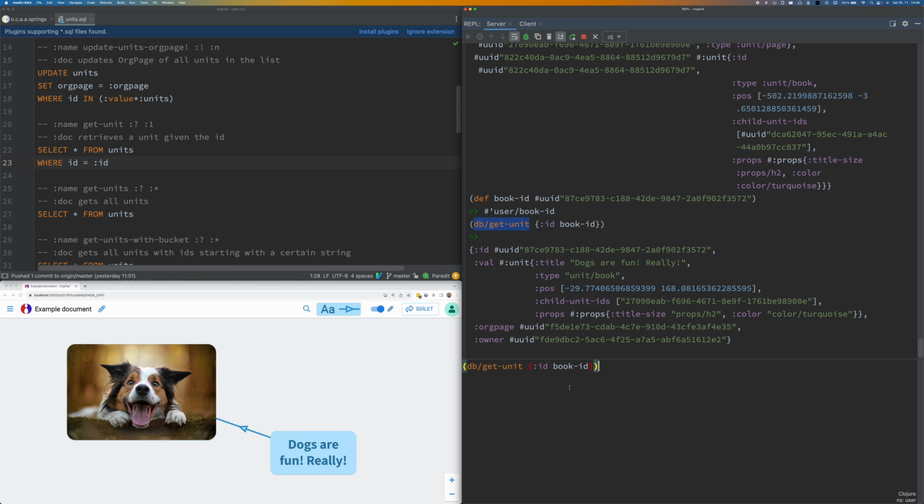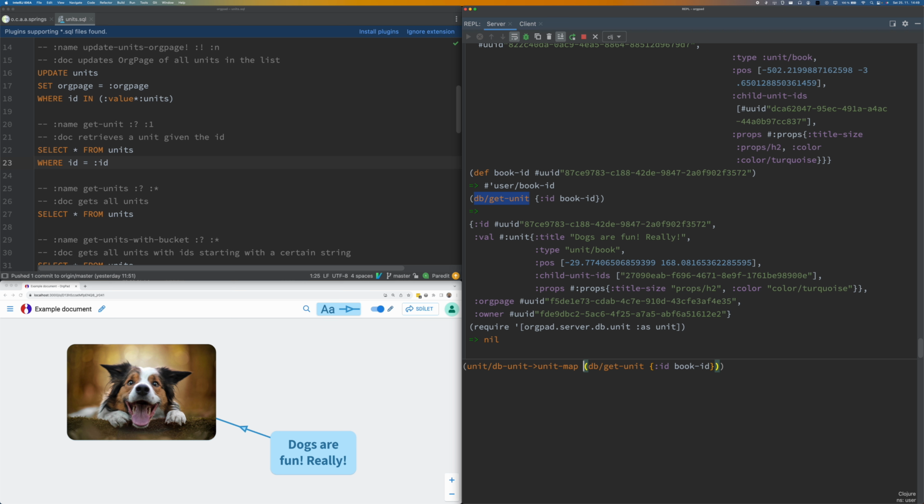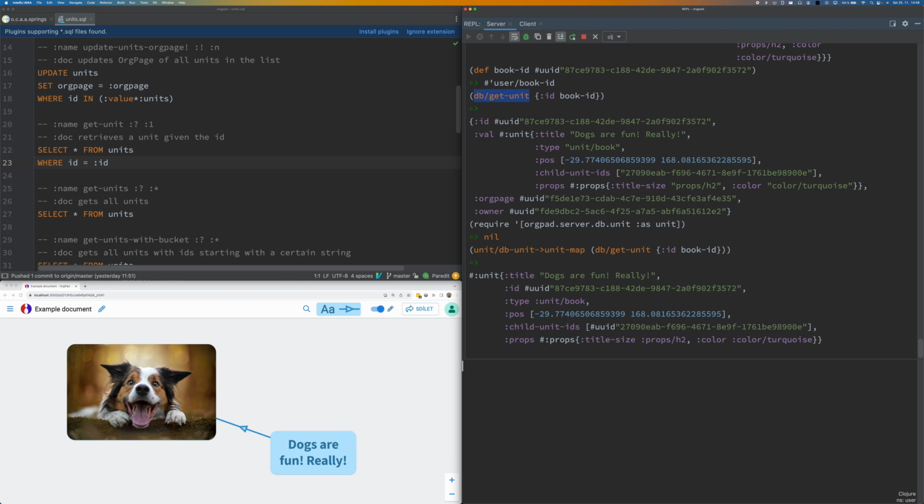Normally when I work with this, I want to convert it back into a nicer Clojure value. We have a function which does that. For a unit I can call it like this, and this is the format I'm mostly using on the server.